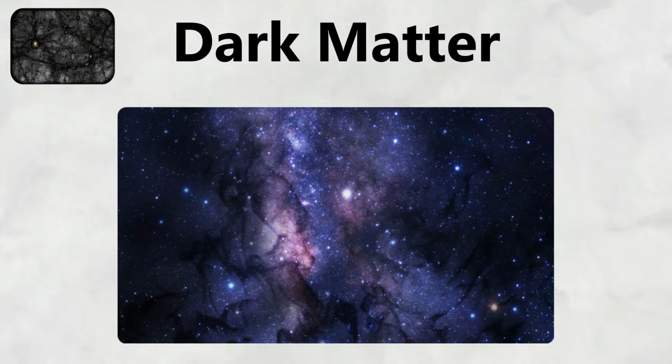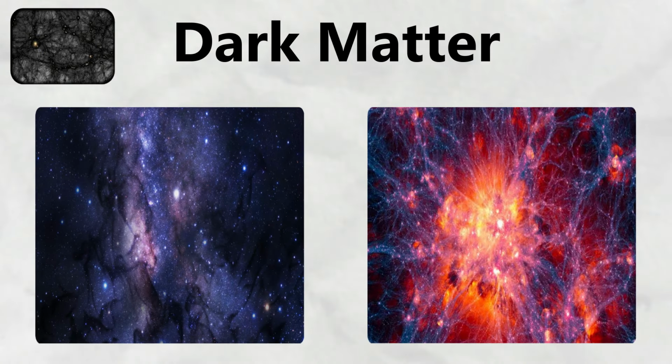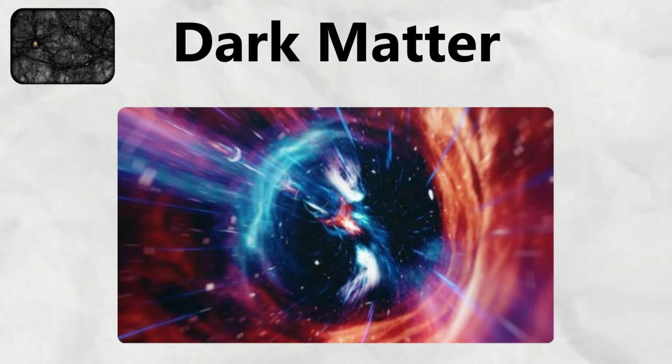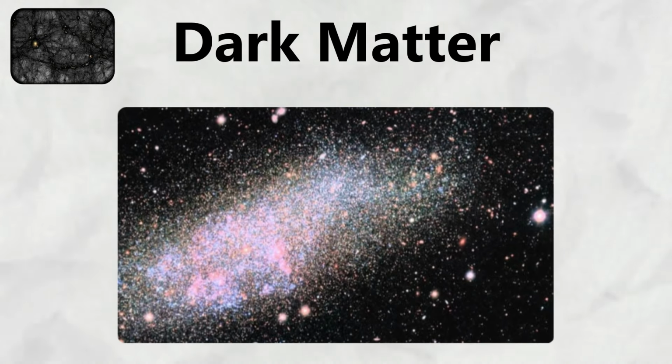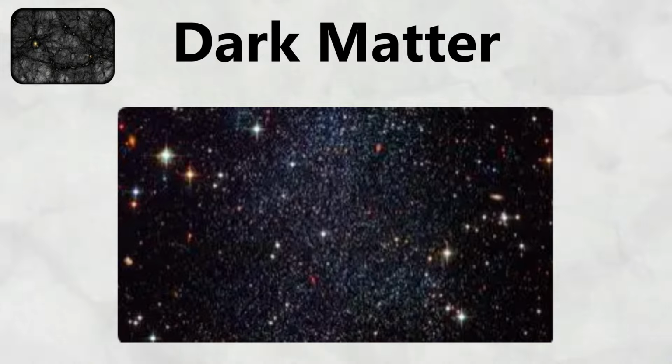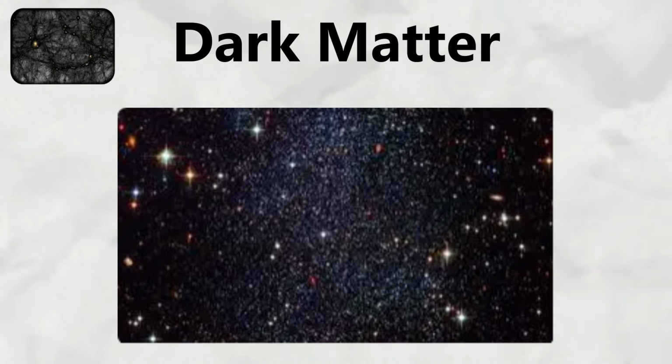Dark matter has specific properties that distinguish it from ordinary matter. It is described as cold, meaning dark matter particles move slowly compared to the speed of light. It is also collisionless, meaning dark matter particles rarely interact with each other or with ordinary matter. These properties allow dark matter to pass through ordinary matter without any noticeable effect, which is why dark matter particles are constantly streaming through Earth and our bodies without detection.